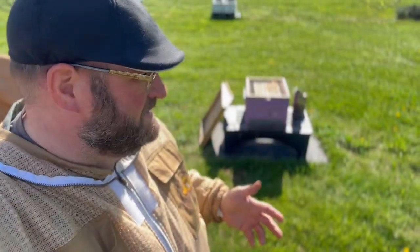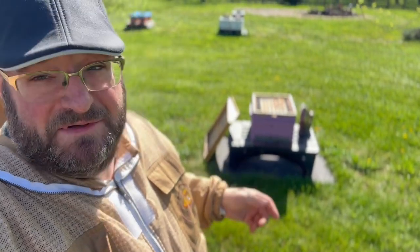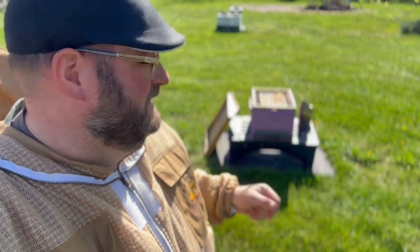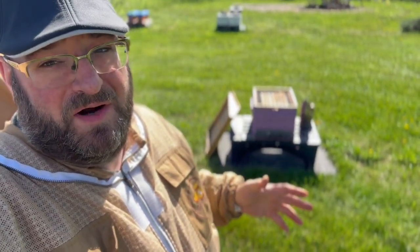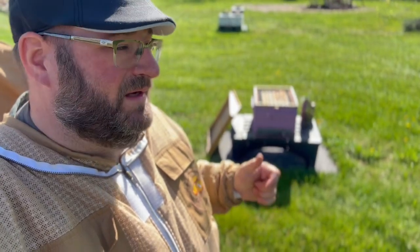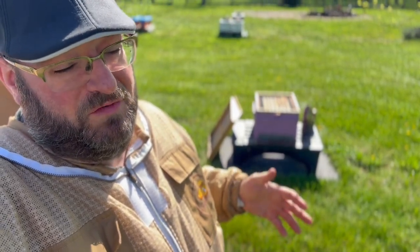Well, that's sort of a wrap. There's a lot more work to be done in this colony. They need to reestablish themselves. We've got a good amount of brood in there to do that. Lots of bees. No queen, or at least the queen that we didn't spot. We'll give it another couple more days to see if those queen cells continue to develop and they don't tear them down. Likely they did lose their queen in the process,